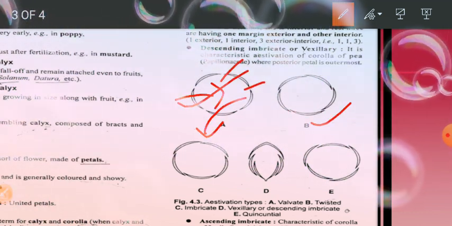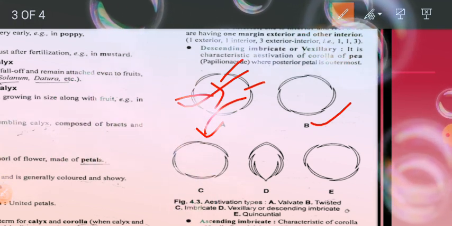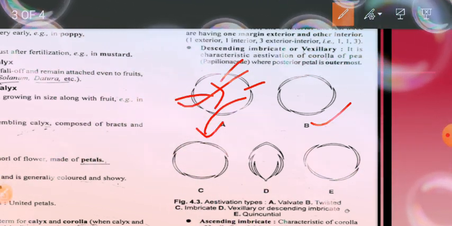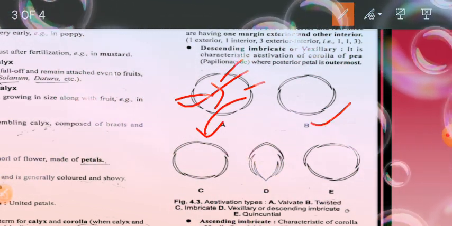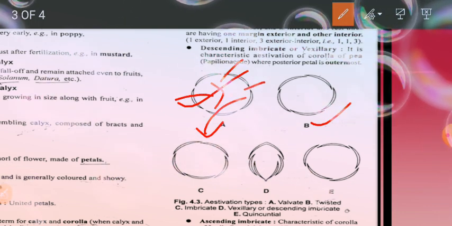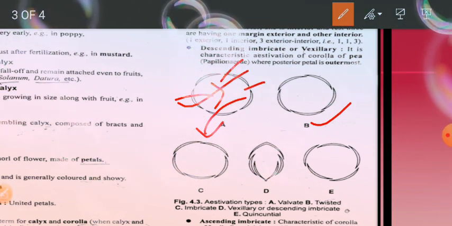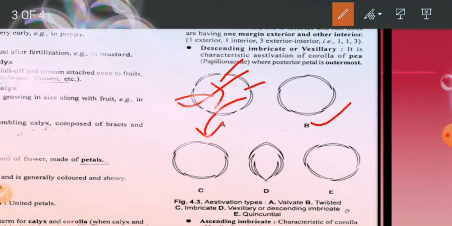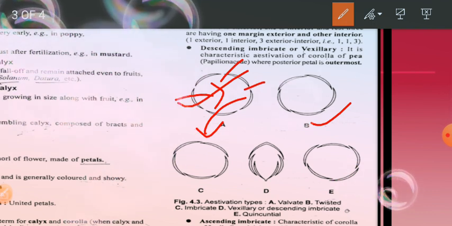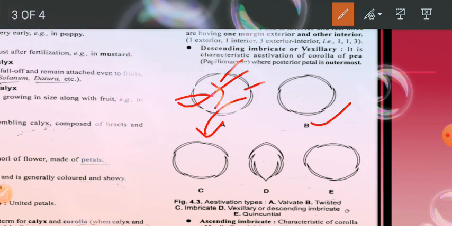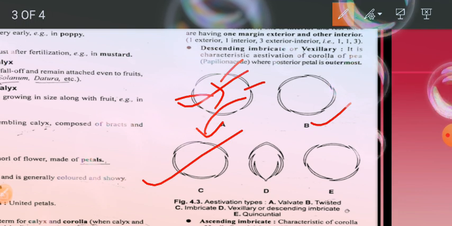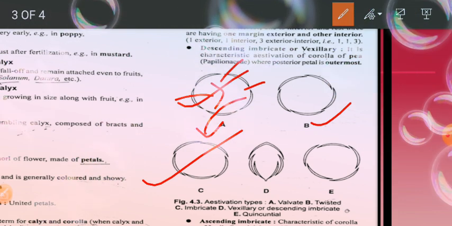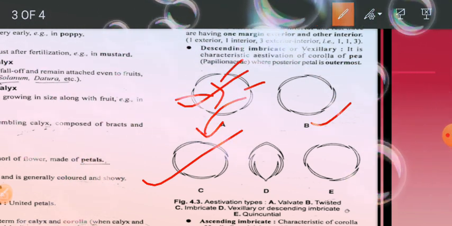So in this type of estivation, one margin of each part is exterior and the other is interior. It means they overlap with one another, so overlapping with one another is known as the twisted type. Then imbricate type means, here you see in figure C, this one is the example of the imbricate type. In this estivation,